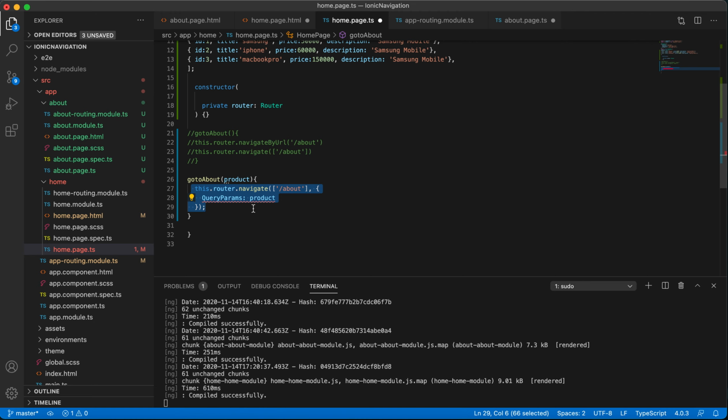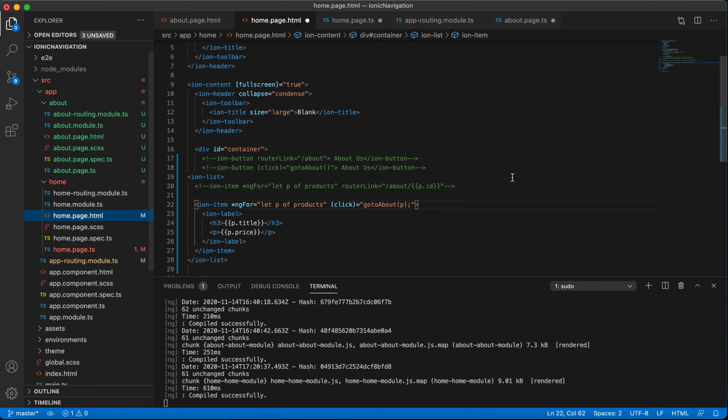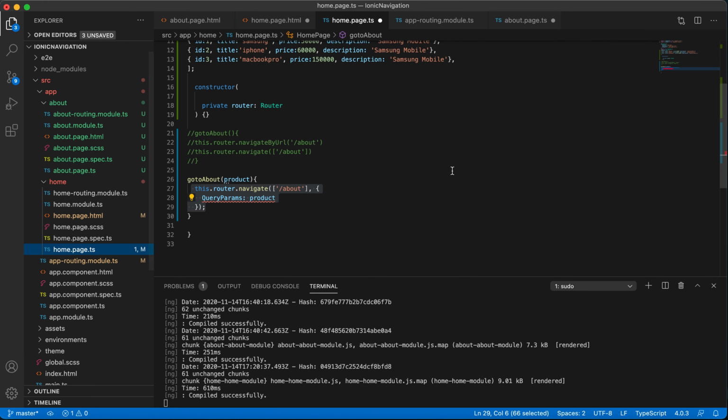Whatever parameters we are passing through the button, through this function, let p is parameters, so we are passing all the parameters. So we can see what parameters are going to come.